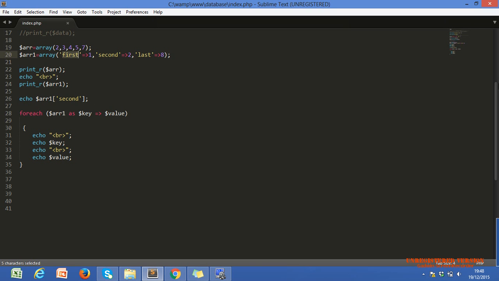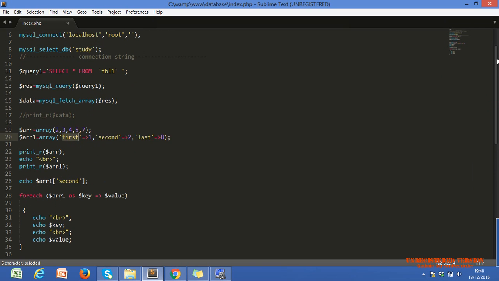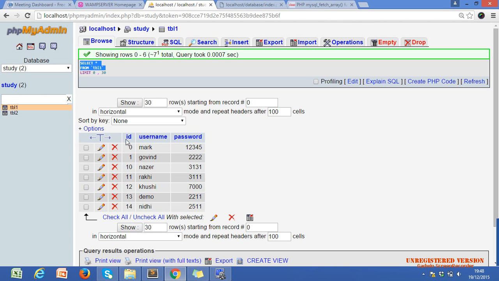By using this, it will return our database data in indexed array format. Means it will return the zeroth position, our first row, the first position, second, or third.